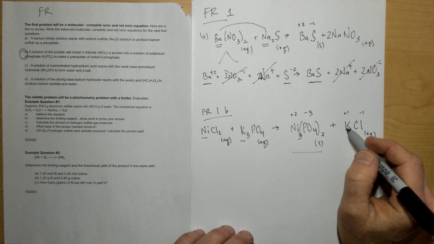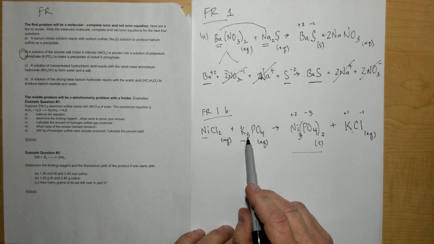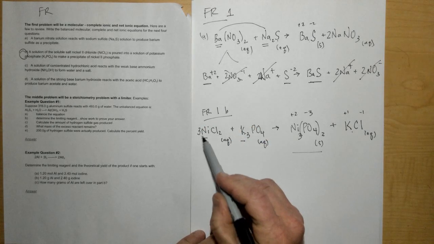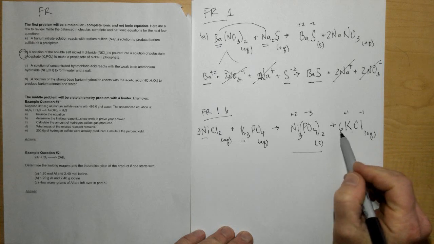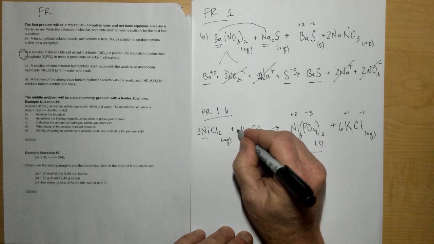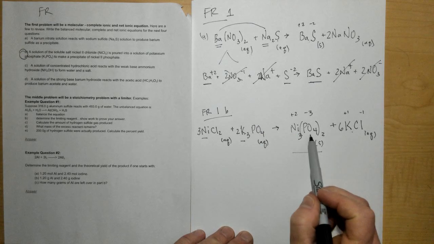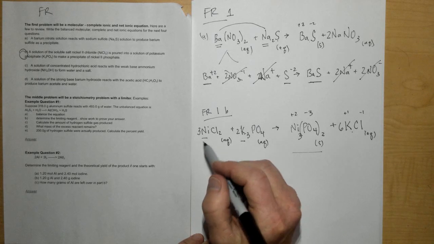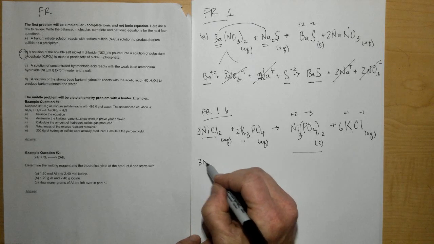And then we will balance it by putting a 3 for the nickel, which gives us 6 chlorines, which means we're going to need a 6 for the chlorine right here. But that gives us 6 potassiums, so we'll need a 2 for the potassium here, a 2 for the phosphate right here. So there's our balanced skeleton equation, and now we can go ahead and separate them into a net ionic, so